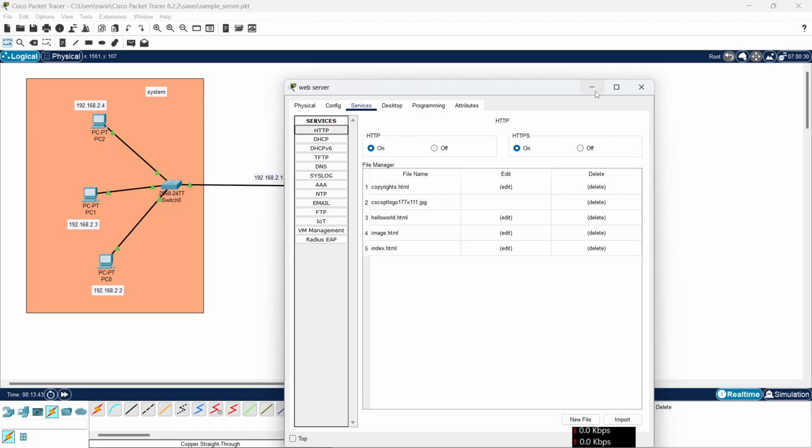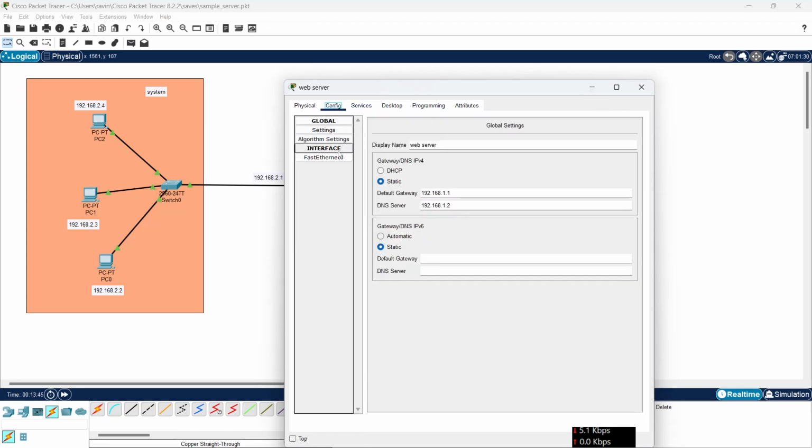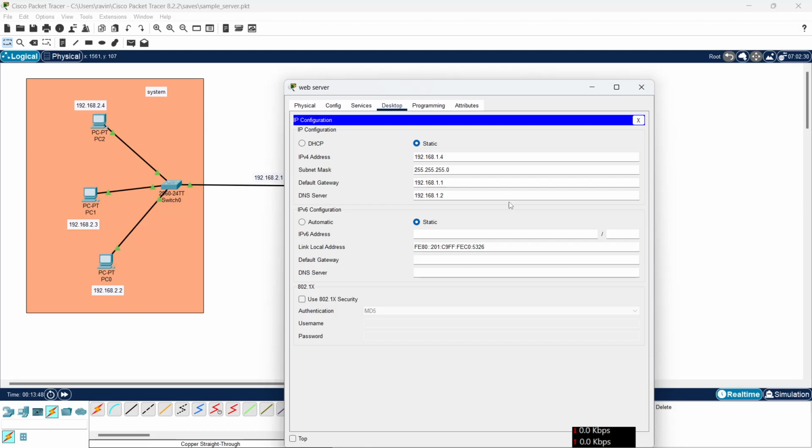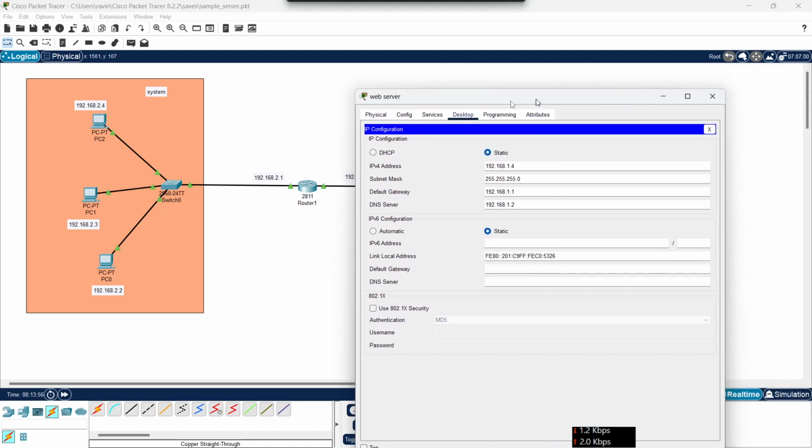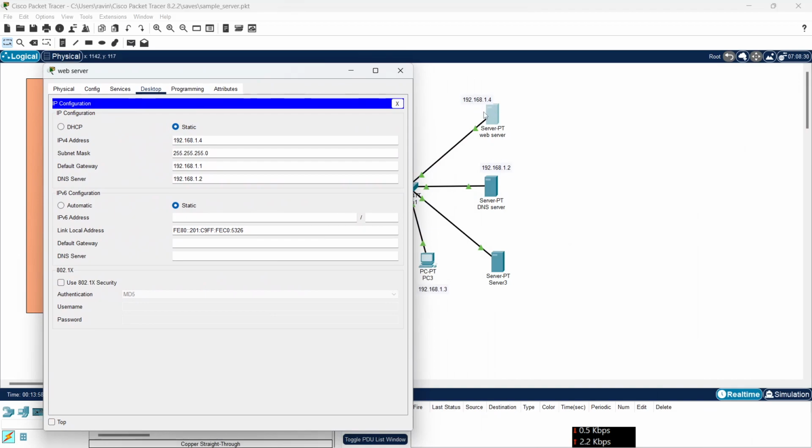So here in the web server you have to assign the IPs to them. So here, as you can see, in the desktop section you will see IPv4 address. So in IPv4 address you have to type 192.168.1.4. That should be this server's IP, the web server IP, and subnet mask will be automatically added and default gateway will be 1.1 and DNS server will be 1.2 because